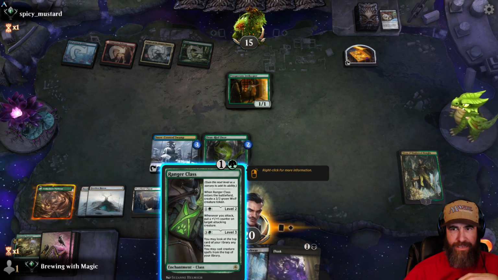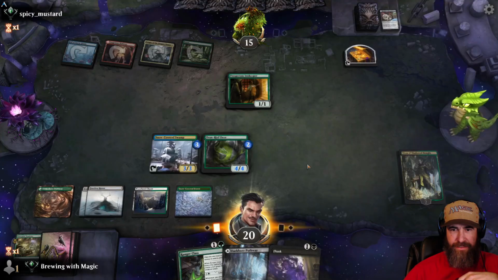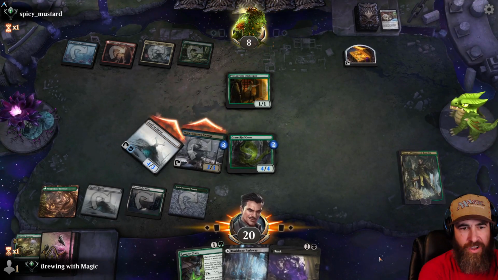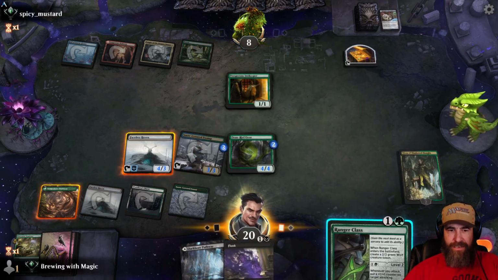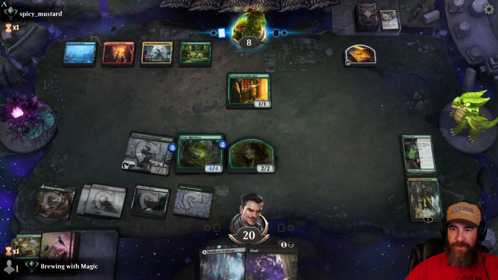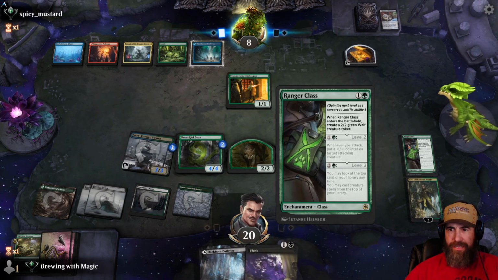Could Ranger class, but I'm trying to maximize our damage output right now. Let's go ahead and do this. And let's swing in with these two. They take it all. So we could still Ranger class too. And we don't care if they somehow wipe the board at this point, because we can just start putting the tokens on one of our creature lands, and or yeah, we can literally...